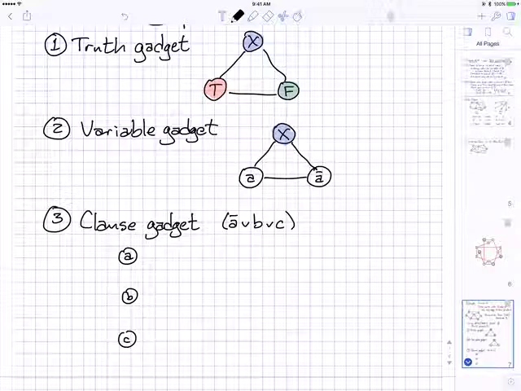So in particular, if this is A bar, I'm going to choose the vertex A bar from the variable gadget for A. And I'm going to connect them ultimately to the vertex T from the truth gadget. The way that I'm going to connect these